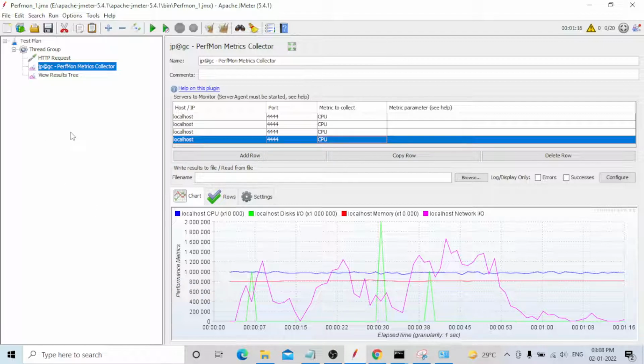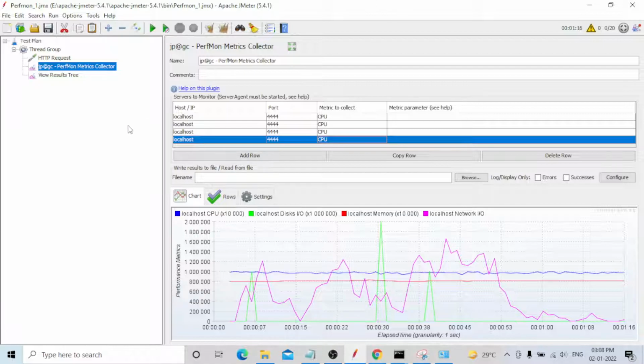Once the test is done, within 30 minutes you need to collect all these metrics, take screenshots, and place them in a Word document, server by server, and write some descriptions. I mean, what you need to observe during the test: how much user load, what duration, and where the spikes occurred. You need to write all the details and share the report with clients only from the server metrics point of view.